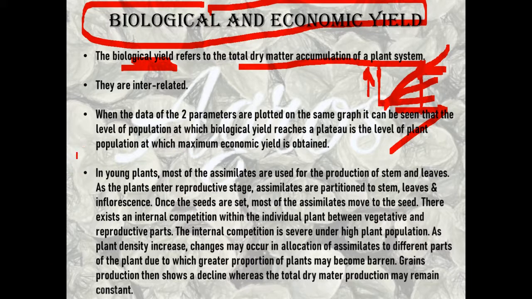Suppose there is a plant. It is very young, in the vegetative stage. In this stage, all the dry matter produced through photosynthesis is distributed among the plant leaves and the stem itself. But as it grows and enters the reproductive stage, it starts to proliferate and produce flowers and inflorescence, thereby sharing its dry matter between the flowers, stems, and the leaves.